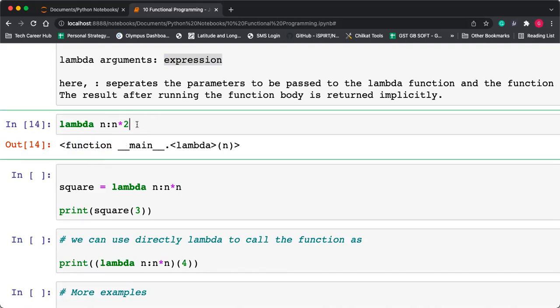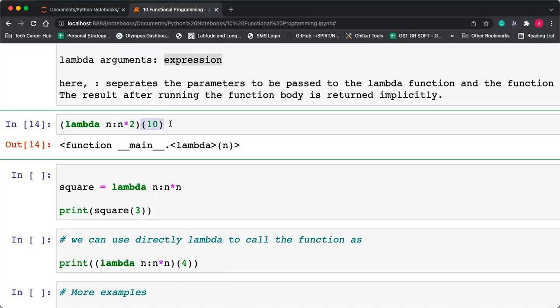If you want to call this function, you can use this method. Enclose the lambda function in brackets, and in front of that bracket make your normal function call. I want to pass one argument, 10, so the input is 10.